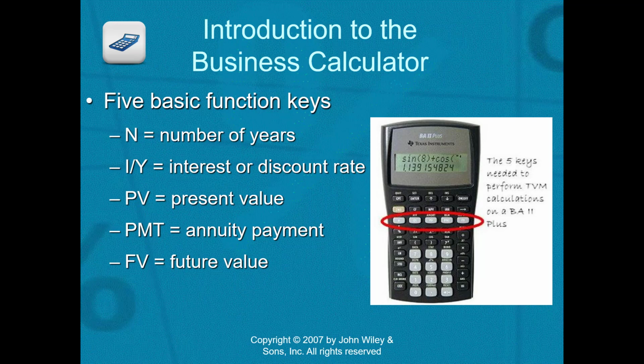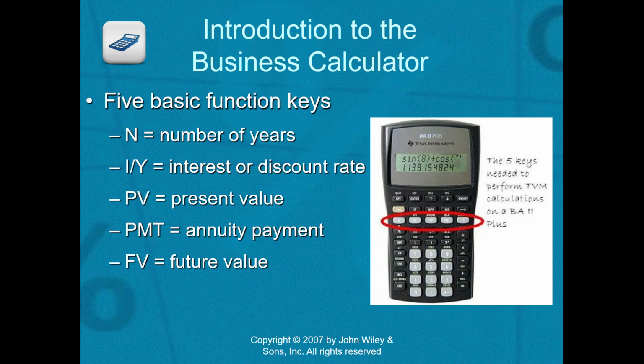Now, the third row down, this is very, very important to us. As you see on the screen, it starts on the left with the N. That's the number of years. So how many years is the investment going to be for? The calculation, all of this. And if you want to see any of this, page 183 in your textbook has a further description of that as well. The next one over is the IY, which will be the interest rate or the discount rate